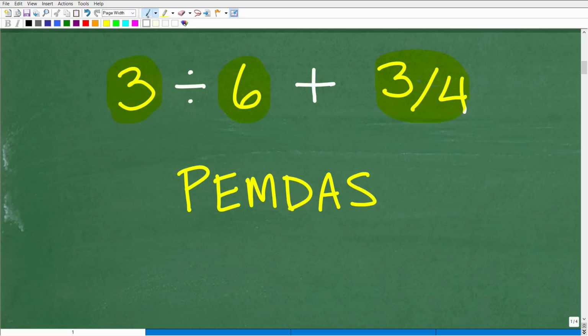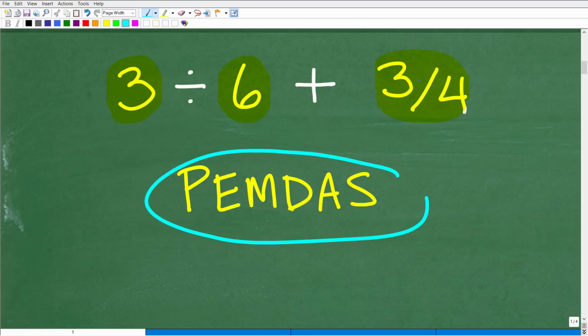So what we have to consider is, what do we do first? Do we do division first? Do we go 3 divided by 6? Or do we go 6 plus 3/4 first? We have to make a decision. Hey, what do I do first? Well, luckily we have this cool saying right here. It's